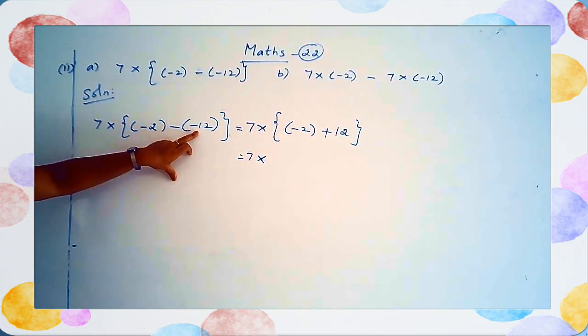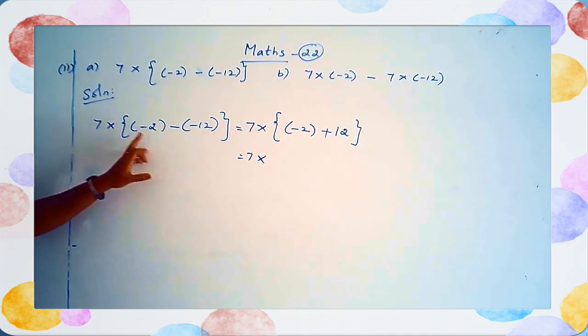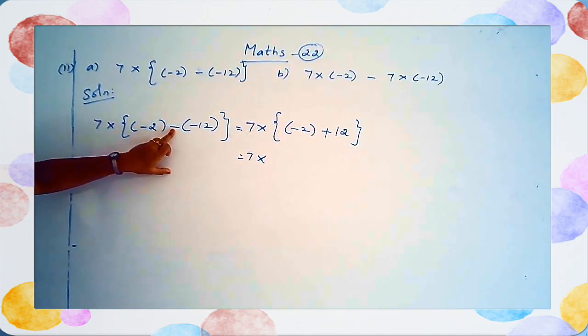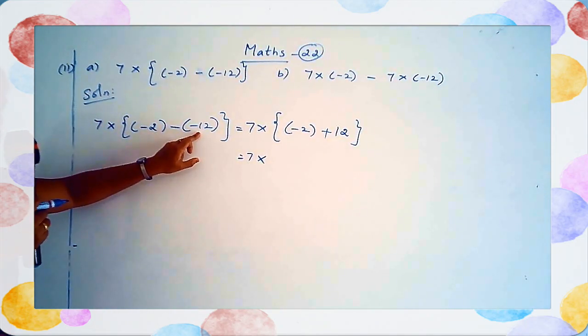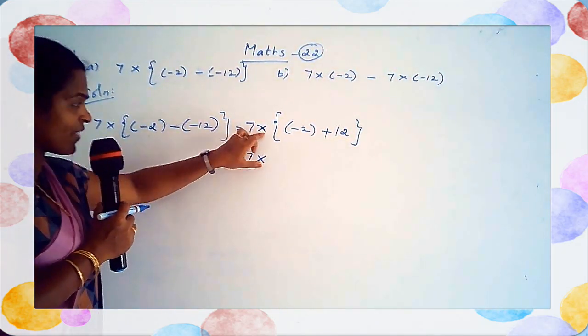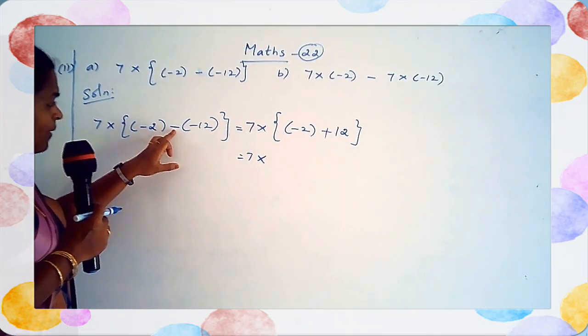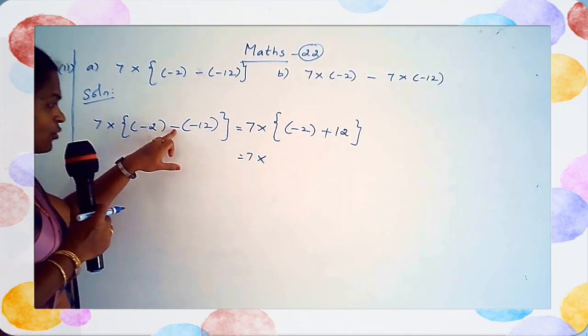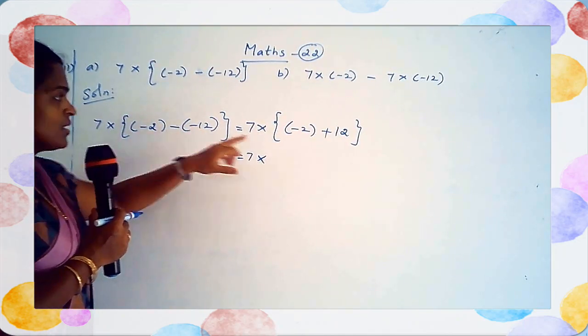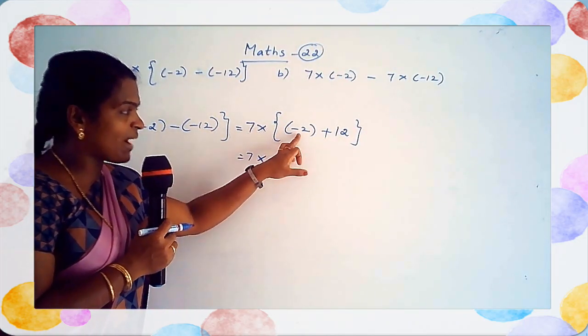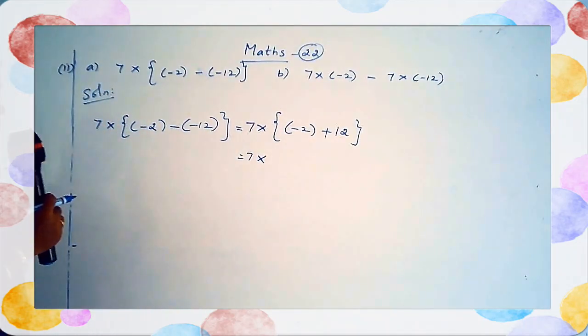Additive inverse of the subtraction to be other. So that's why minus 2, minus sign into plus. That time we put the additive inverse of minus 12. So that's why 7 into minus 12, minus 2, minus sign into plus. That time put the additive inverse, that is 12. So now we have to find the value of minus 2 plus 12.